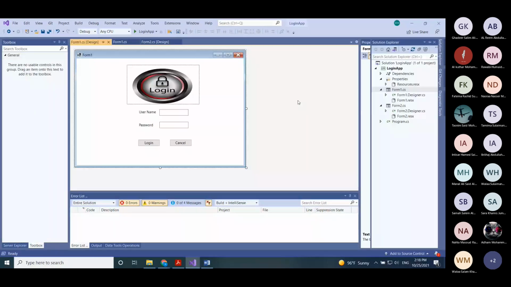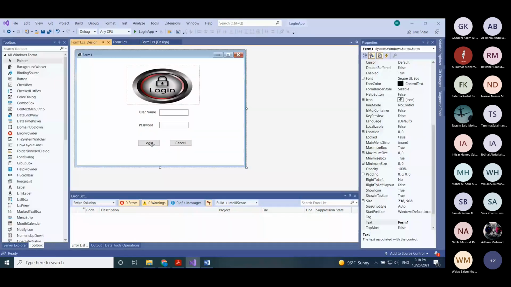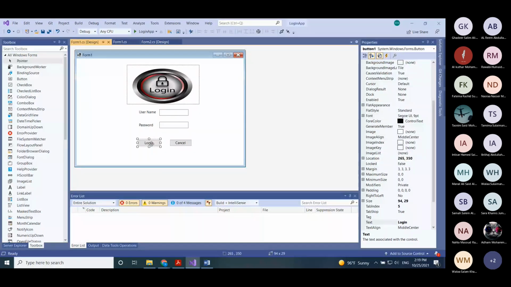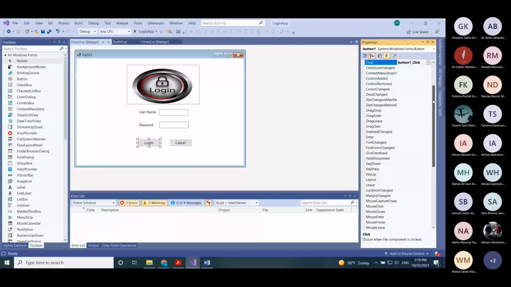Let's say when I press on the character E, I want that character, when I press on it, to perform the same thing, like perform a click. So then I go here to the login, and then I go to the event, and then I can generate a key press